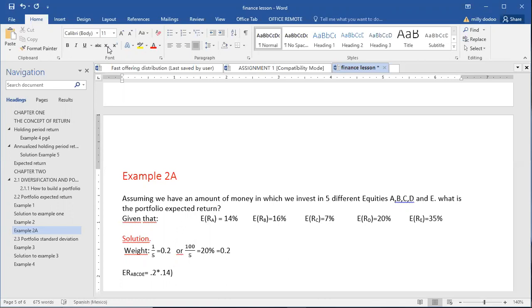This is going to be in a bracket like this, plus 0.2 multiplied by 0.16, plus 0.2 multiplied by 0.07,